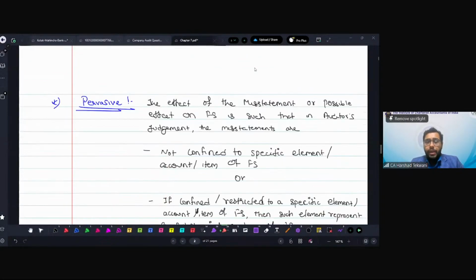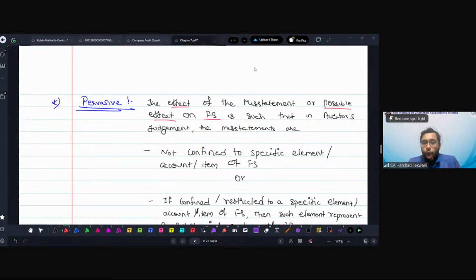Again, I will repeat, pervasive is something where I have the effect of the misstatement or possible effect on the financial statement, like effect and possible effect, because I am talking about disclaimer of opinion also. So I will consider the effect and possible effect both, okay, of that misstatement on the financial statement is such